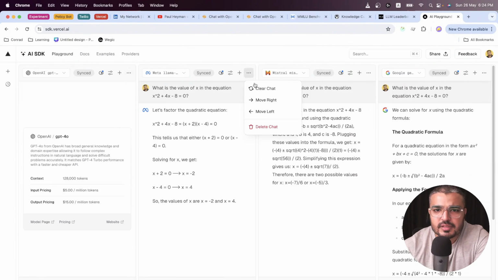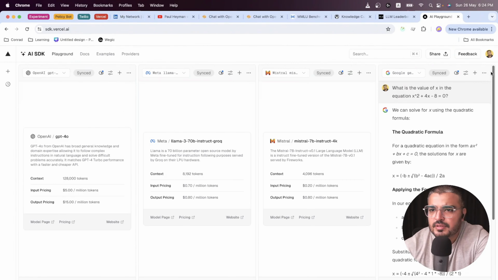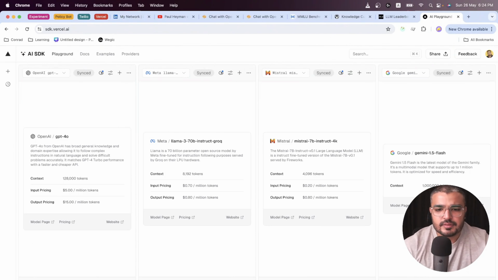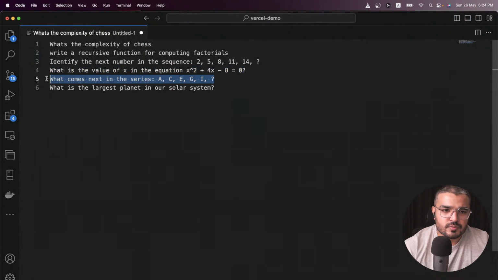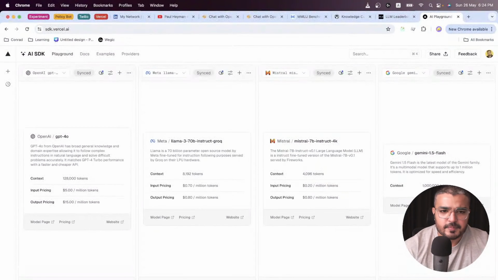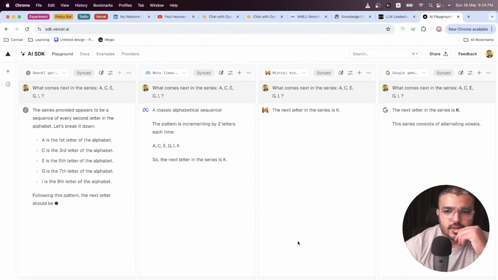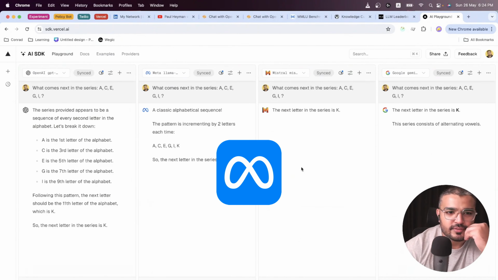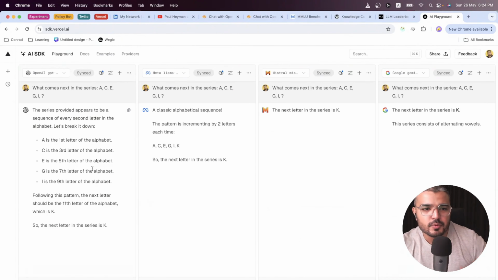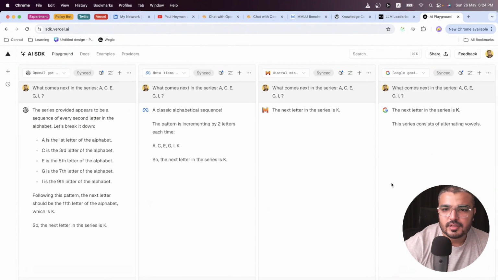So let's clear this out. And let's pick one more. So this one is kind of interesting. Okay. So again, Llama 3. So K. Yeah, all of them are right. So Llama 3 again is like first, I would say Gemini 1.5 second, and GPT-4 third. So GPT-4 and Gemini 1.5 are close, but